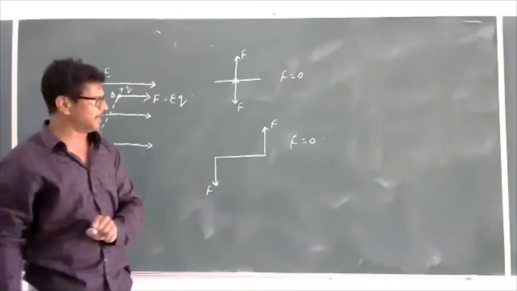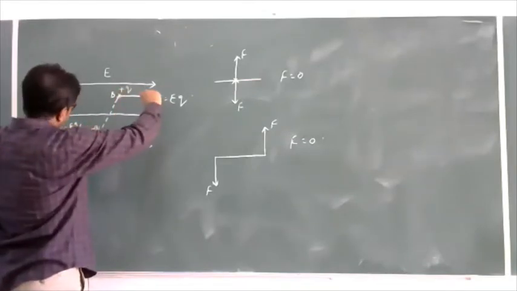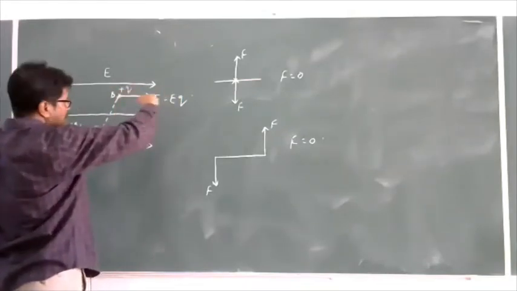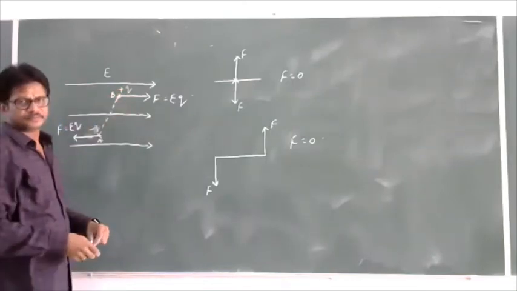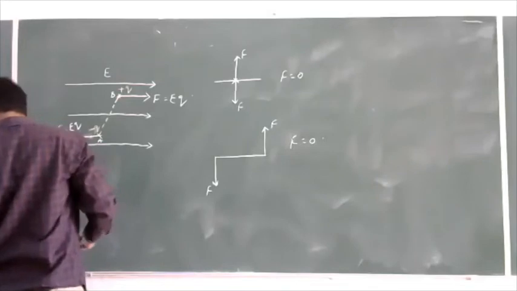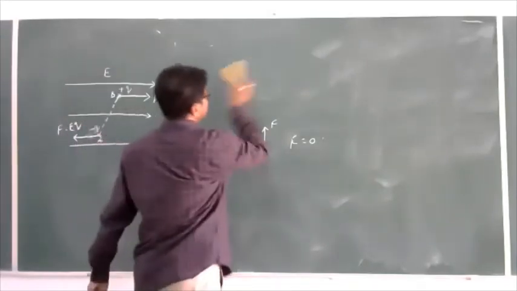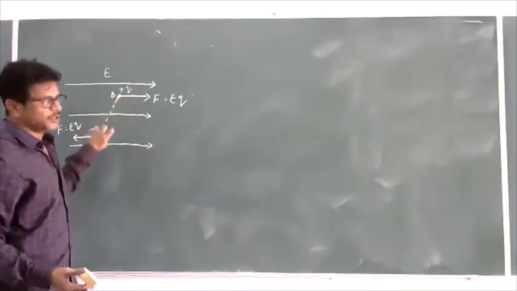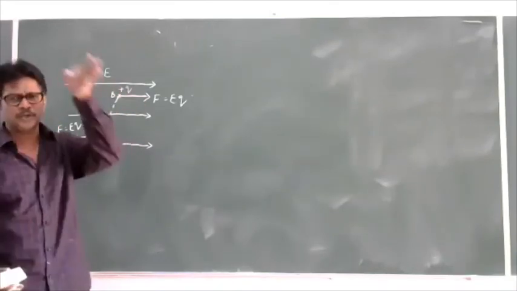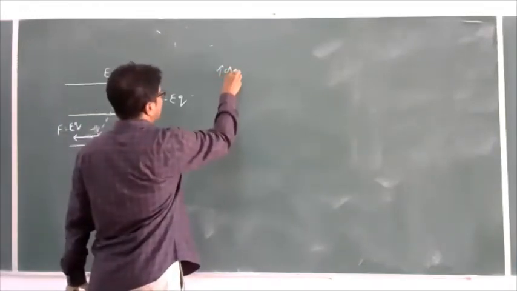So ultimately, in this case, two equal and unlike forces are acting on a plane, so obviously it will experience a turning effect. Then what is the turning effect? It is nothing but a torque. Okay. Then what is the formula to find the torque? Whenever an electric dipole is placed in a uniform electric field, it will experience a torque. Then what is the formula to find the torque?